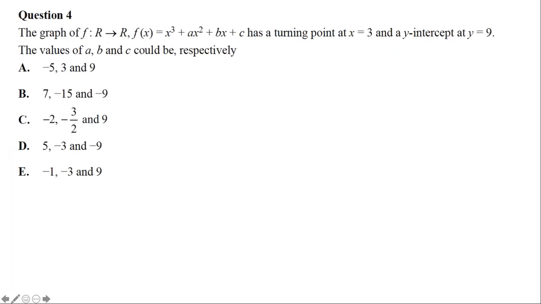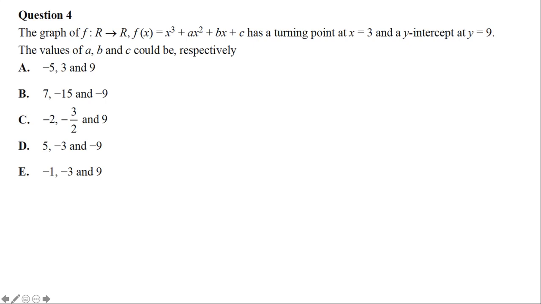Question 4. We have a cubic polynomial with unknowns a, b, and c. It must have a turning point at x equals 3 and a y-intercept at y equals 9. The approach I adopted was to put the values of a, b, c from the options and sketch the corresponding